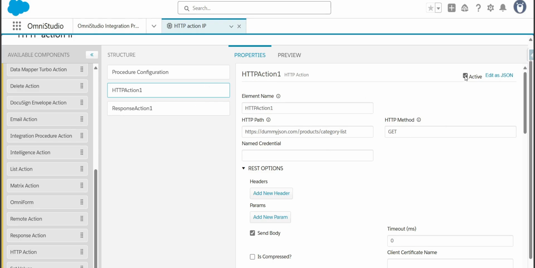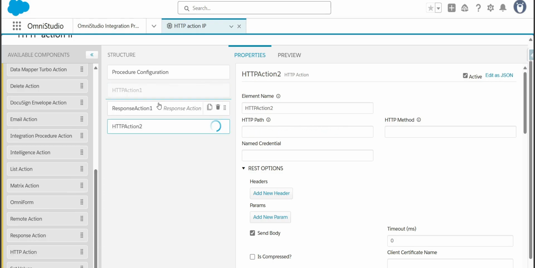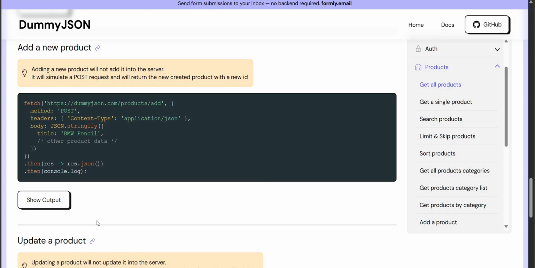So to show that, I will be just deactivating this element, and I will drag and drop a new HTTP action. We can clone this element by clicking on this icon as well, but I've just added a new HTTP action. So HTTP action post, I'll provide the name as, and I'll be using this URL, like this endpoint, to add a new product. So let me copy this URL, and basically this dummy API means while executing this post